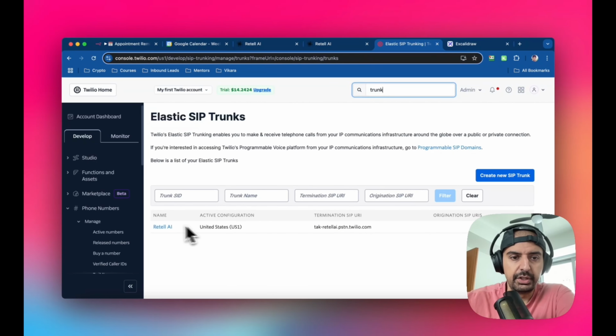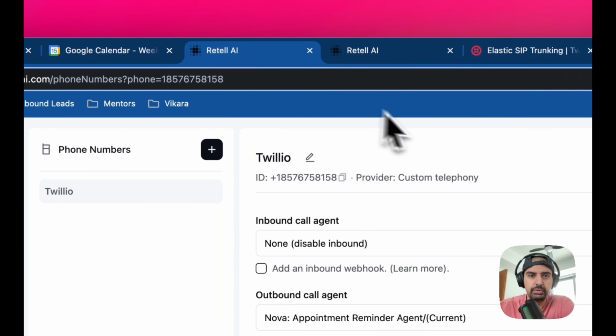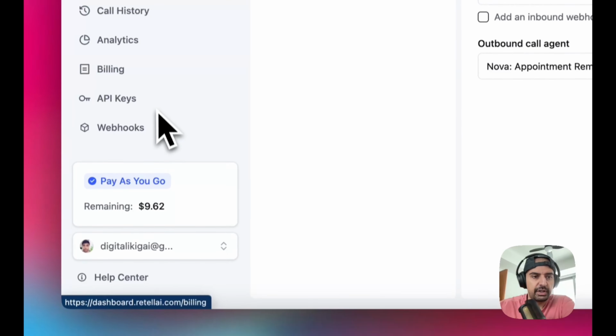you want to set that up inside of the configuration in here. Okay, so you're going to need a SIP URI, which is this one here for me, and you're going to need some configurations inside of here. The thing you want to do is just set up a new SIP trunk and just head over to the documentation inside of Retell. So if I can find it,